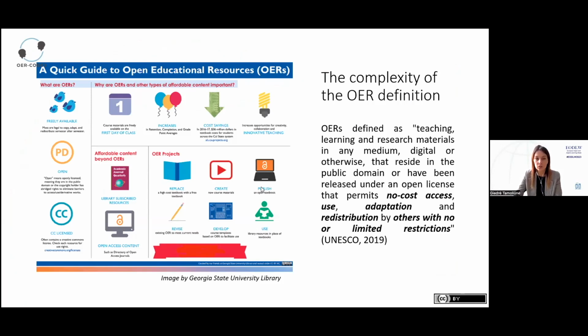So to give you a short overview of what the lessons are about, we start with the introduction, of course, defining what open educational resources are. And this project will follow the definition provided by UNESCO, where they say that OERs are defined as teaching, learning, and research materials in any medium, digital or otherwise, that reside in the public domain or have been released under an open license that permits no-cost access, use, adaptation, and redistribution by others with no or limited restrictions.